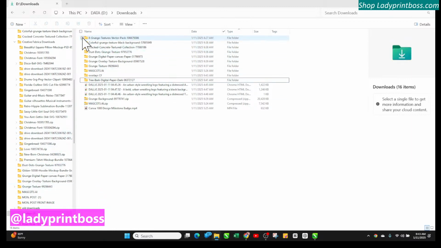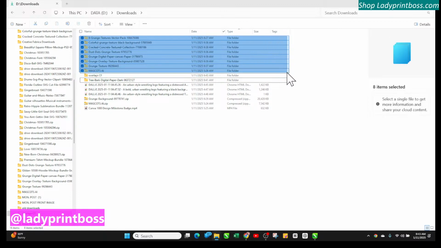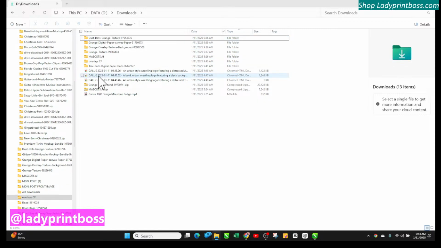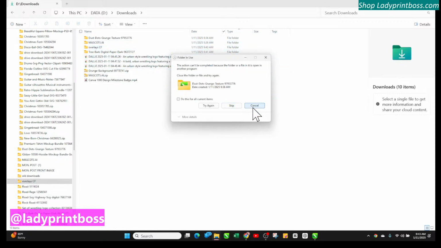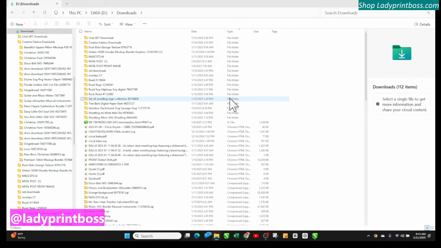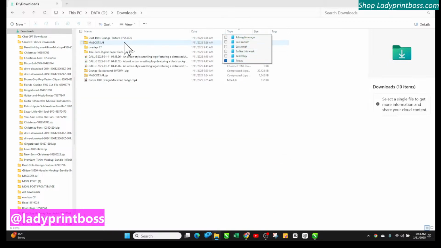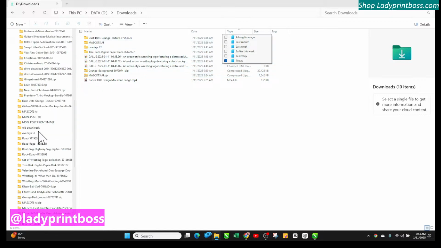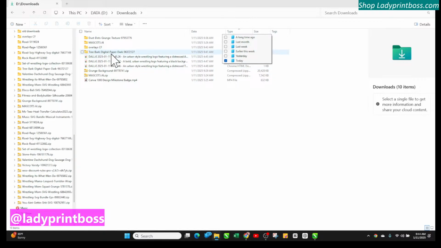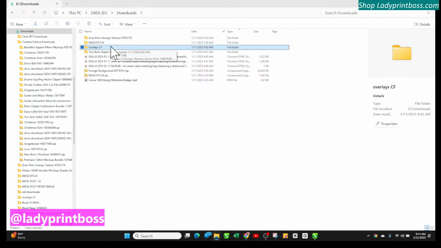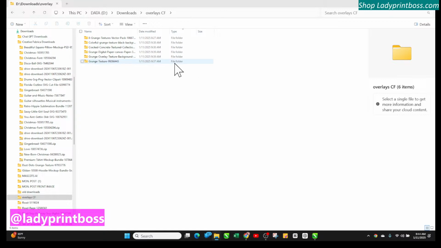So we'll take all of those and put those into, yeah, why are you over here? You're in the wrong place with the Overlays CF. Skip it. We'll take them and put them over there then. Put it where we need it to go. Overlay CF, overlay CF, and I need those to go. Actually, let's go ahead and open it up and clear it up here, and then we'll just go ahead and put them straight off into